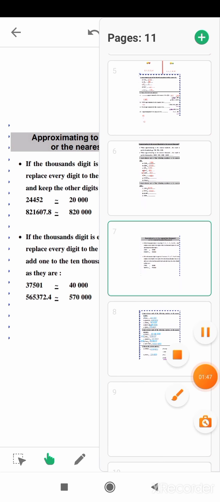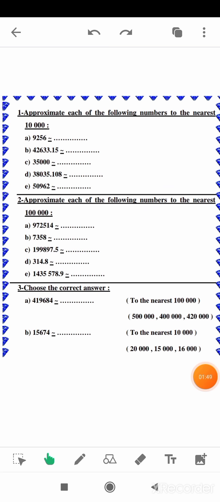Let's solve examples. Approximate each of the following numbers to the nearest 10,000. So I will find units, tens, hundreds, thousands, 10,000. I have no 10,000 here, so I will put 0. And I will look at the number before zero, which is 9. 9 is a rich number,